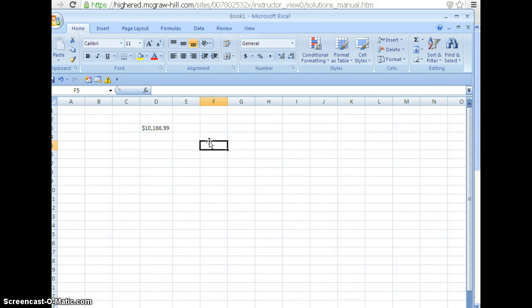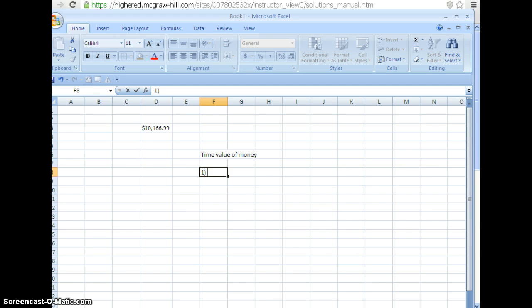This is the extra credit assignment for Chapter 6. There are two things you want to look at. We are examining the time value of money. The time value of money tells you,